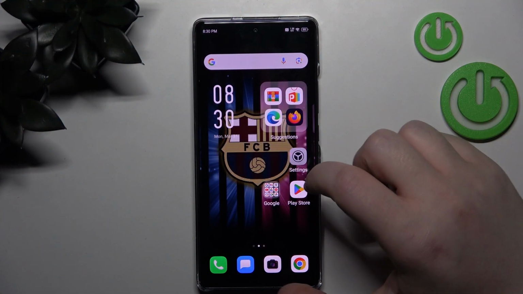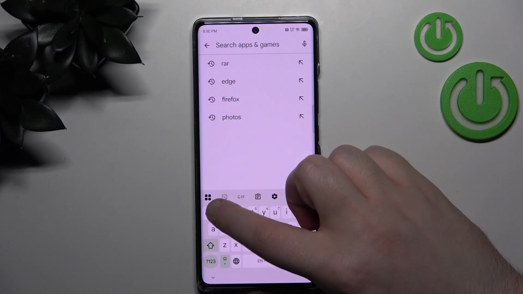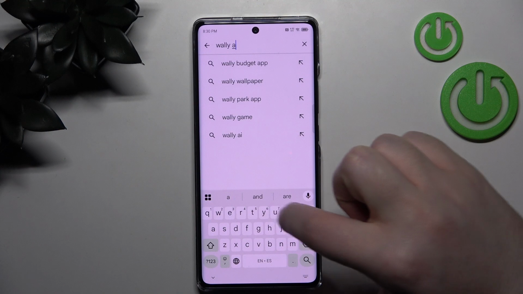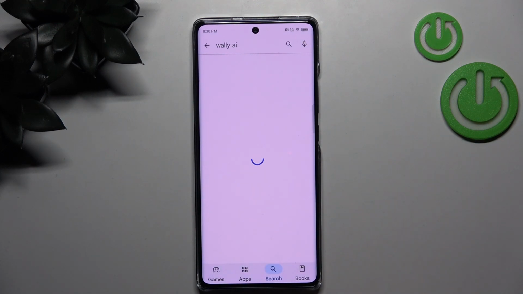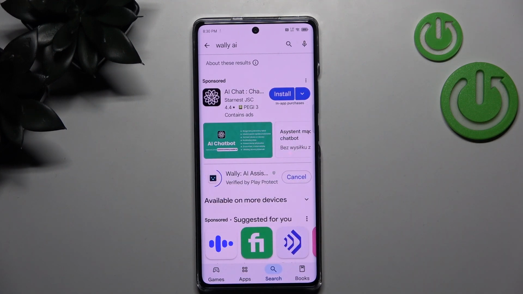So you have to start by opening your Google Play Store, then click on search bar and type in Wally AI and click search. And now click install. Now click open